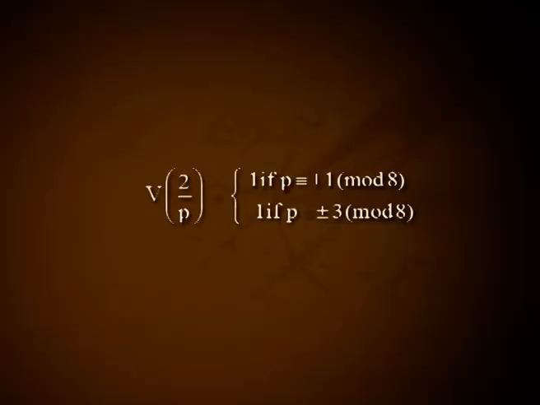An important consequence of Gauss' lemma is the determination of all primes for which a given integer is a quadratic residue mod p. Theorem 2. Let p be an odd prime. Then (2/p) is equal to 1 if p is congruent to plus or minus 1 mod 8, and equal to -1 if p is congruent to plus or minus 3 mod 8. Consequently, (2/p) is equal to (-1) raised to (p squared minus 1)/8. Proof.